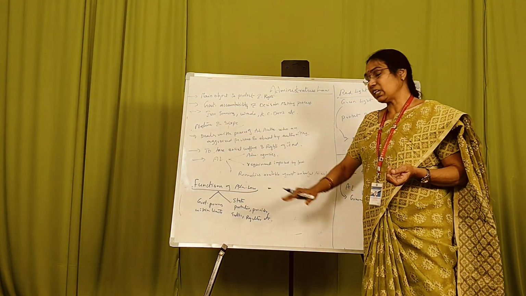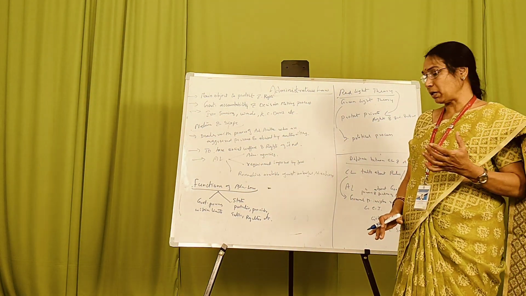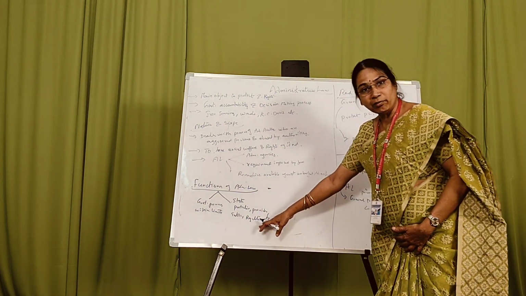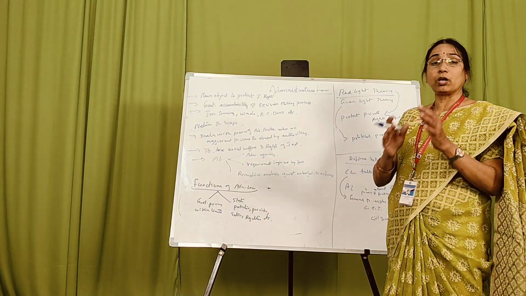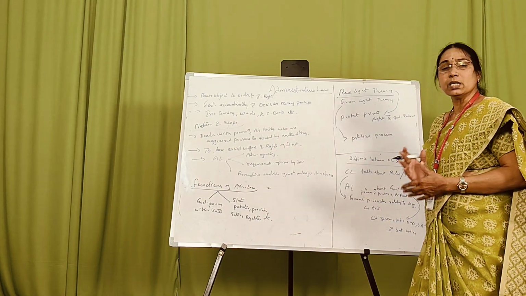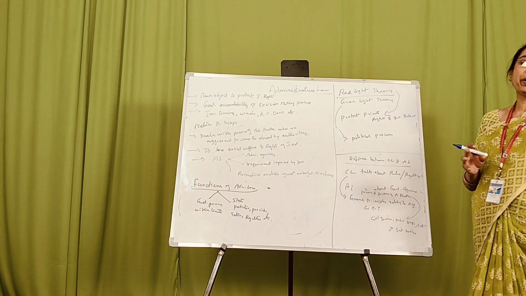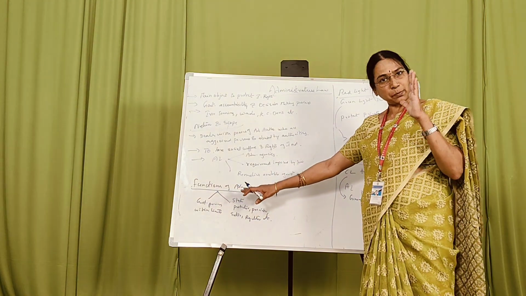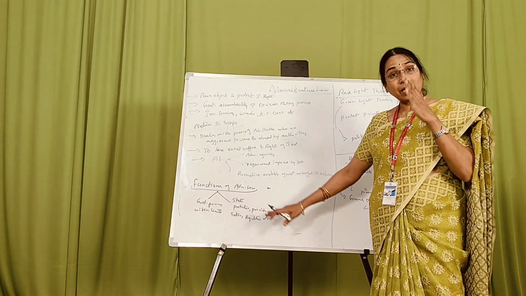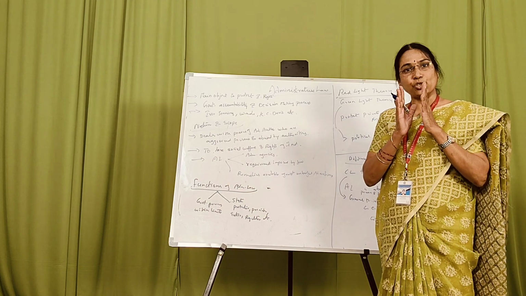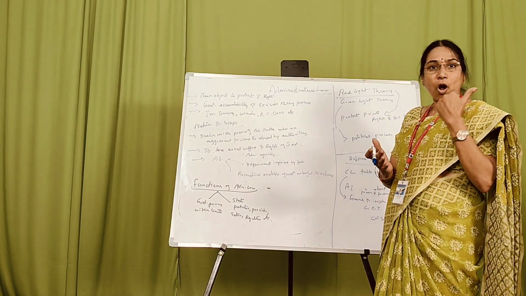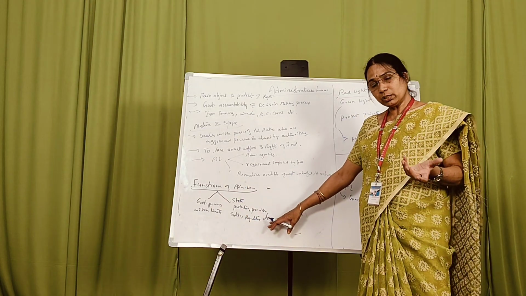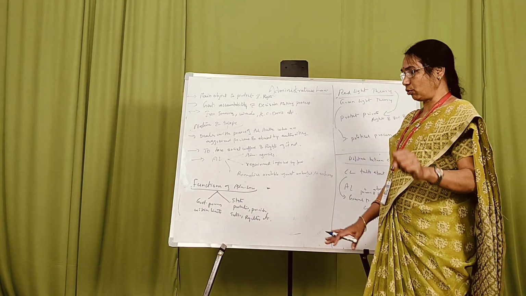Now, what does the state do? The state authorities also have the power to protect, to promote entrepreneurship, and to regulate, and the rules and regulations have to be given by the state government employees. These are the main two functions. In those two functions, it clearly says that the government authorities have the power, and that power should be used within the limits. They should not exceed their limits. Second point, the state should protect, promote entrepreneurship, and also regulate, and all the powers are within the state authorities.